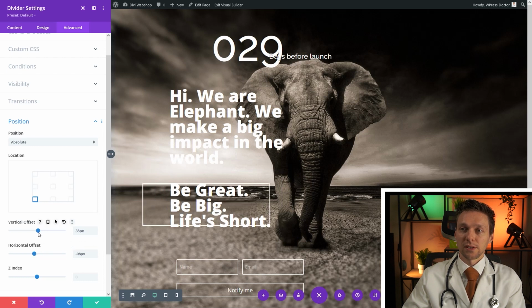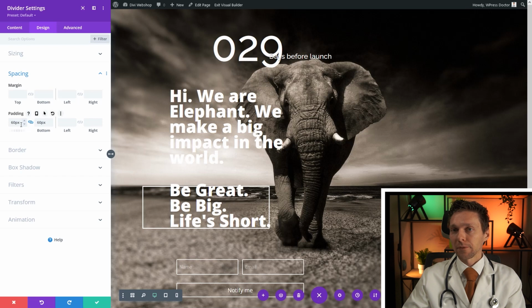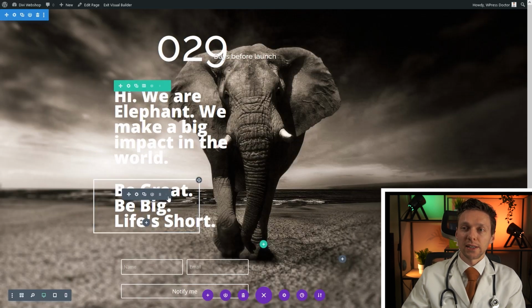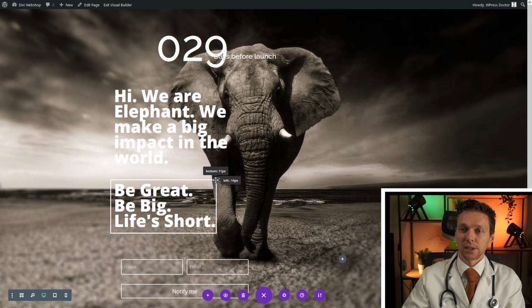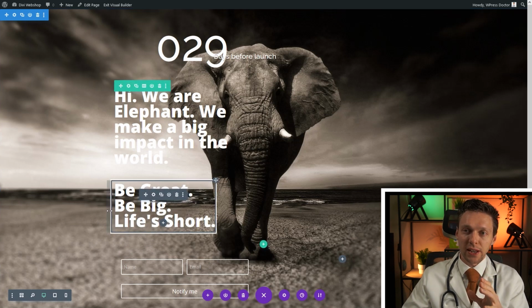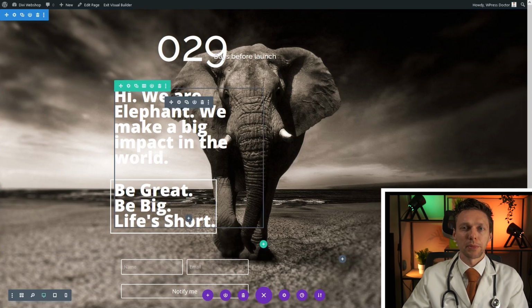So we're going to change this to there. And let's make it a little bit bigger. Design, spacing. Let's make this 80 pixels. Yes, that's great. And go to sizing and width. So what I also like about when you finally have changed it, then you can just go over here and just move it all around. Like this. And you press save. So the most fun thing about this position absolute is that it can be placed anywhere, and you see now that the border does not align with these letters, which really feels great in the designing. You can also make it a little bit bigger, whatever you want.